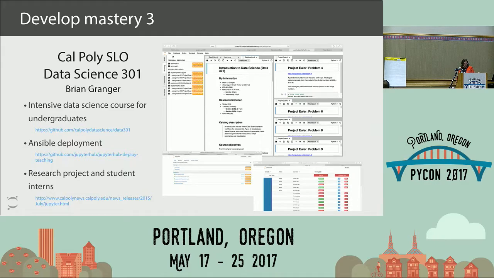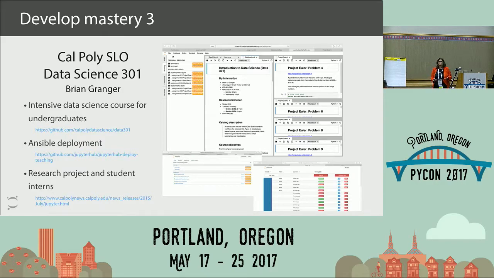And then another example of developing mastery is at Cal Poly, where Brian Granger, who's one of the PIs on this research project of Project Jupyter, teaches a data science class. And although it's an undergraduate class, the content is really graduate level. And the students learn much more in a 10-week term than they would have learned without the notebooks. They just get up the learning curve that much quicker.